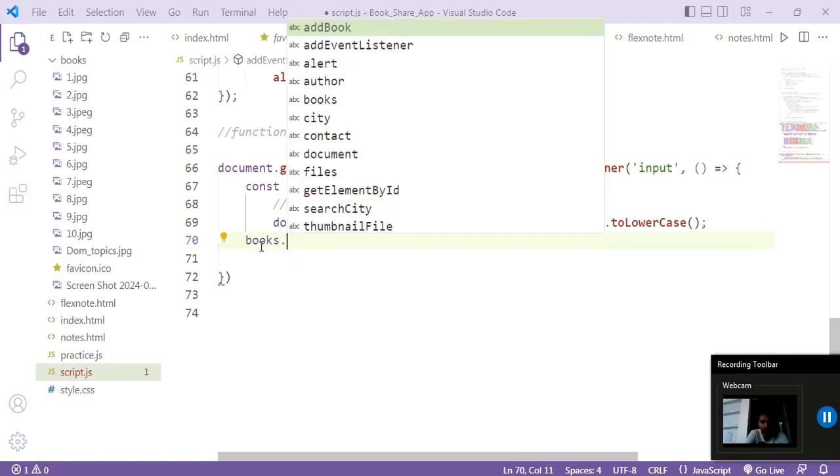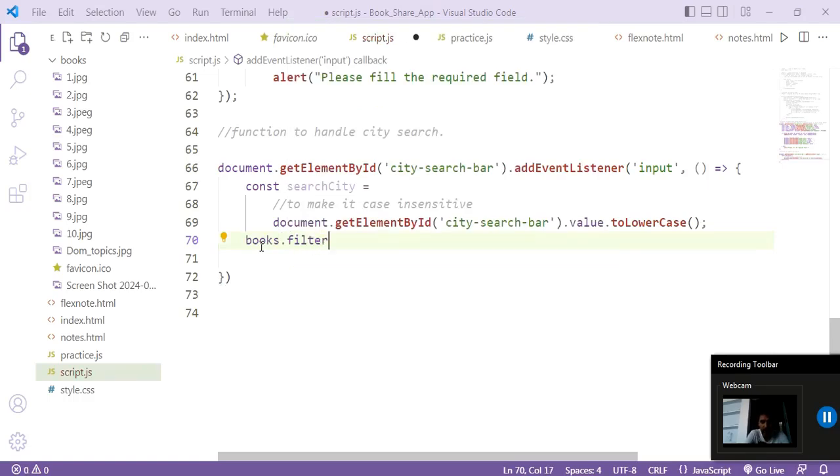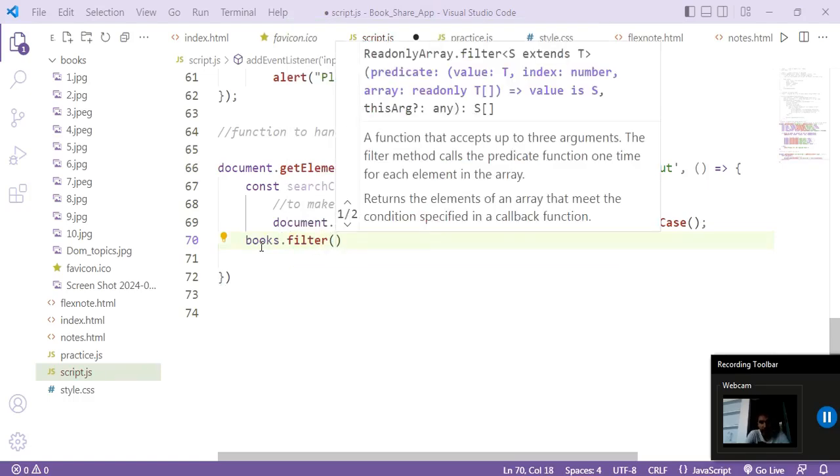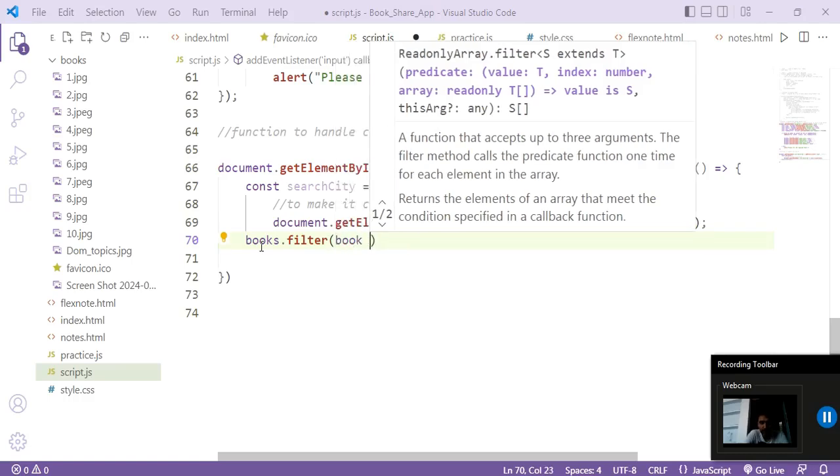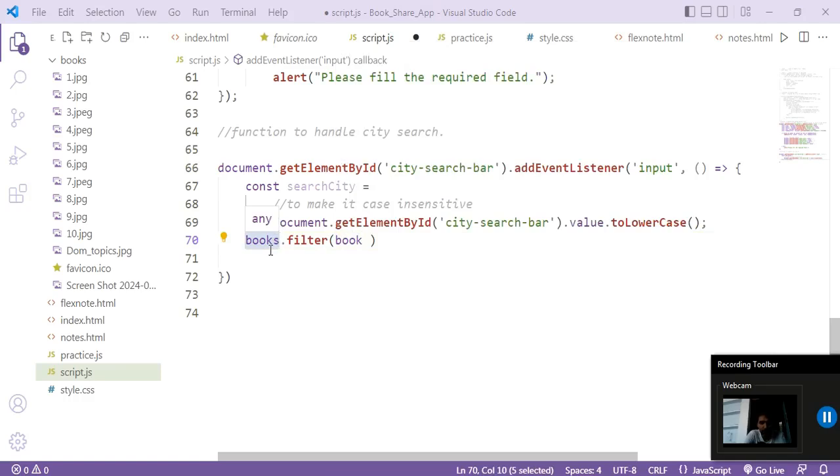Alright, now the next thing we are going to do is use the filter method on our books array. So books.filter, and this filter method takes a callback function. Now see what we are doing here: books is an array, so it will have some data also, and we are applying filter on that data. Now listen carefully. What I am saying is each book data in the books array,